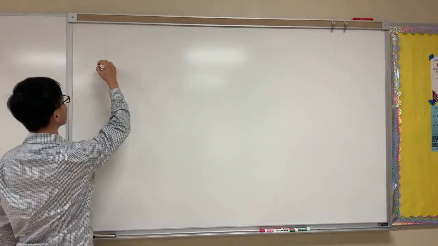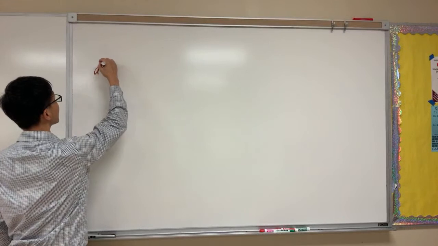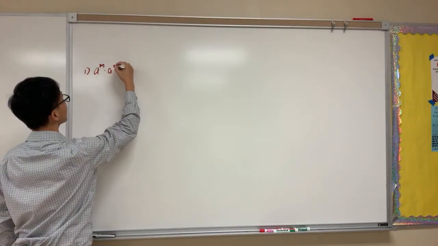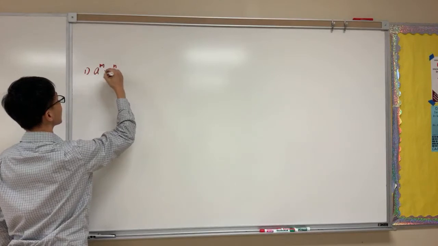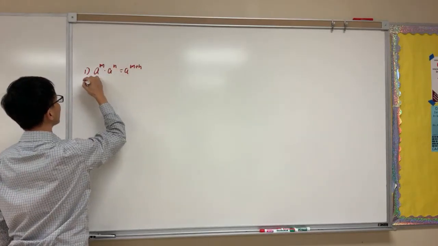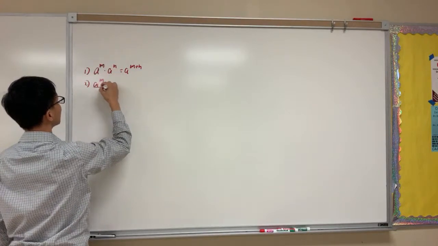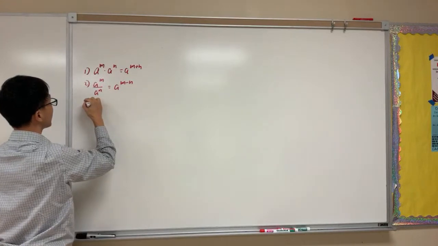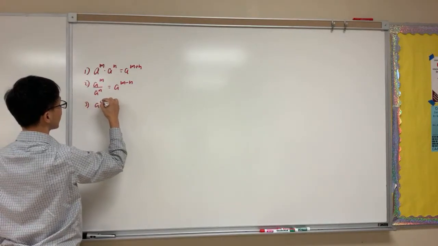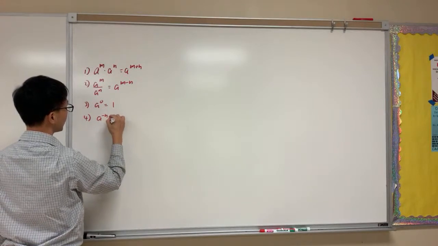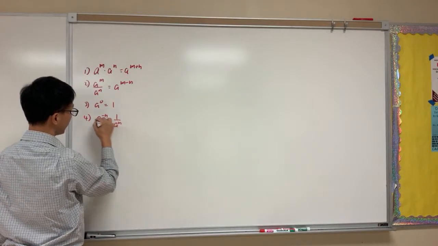So now I just want to make sure I go through the exponential examples, because some people ask, can I do a review about exponential examples? One: a to the m times a to the n is equal to a to the m plus n. Two: a to the m over a to the n equal to a to the m minus n. Three: a to the 0 is equal to 1. Four: a to the negative n equal to 1 over a to the n,